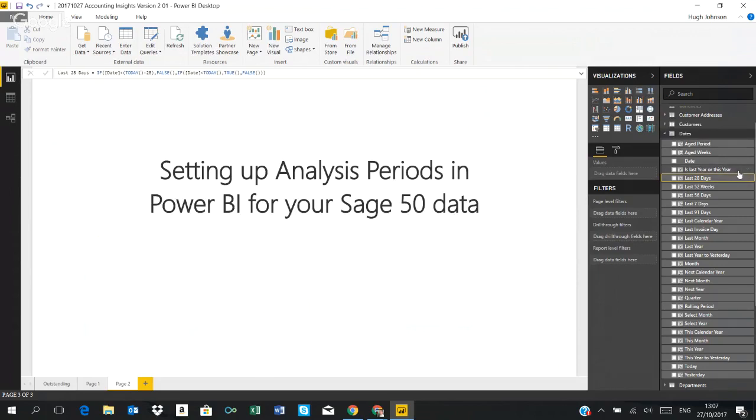I have a simple filter to say, is it last year or this year? And that's because if I'm pulling in a lot of data into my Power BI system, I may only actually want to look at this year's data and last year's data. I may not be interested in anything that's older than that. And that's just a simple filter to pull it out. Then I have a series of filters: last 28 days, last 52 weeks, last 56 days, last 7 days, last 91 days. Now, one of the things you might notice about this is that they are all multiples of 7